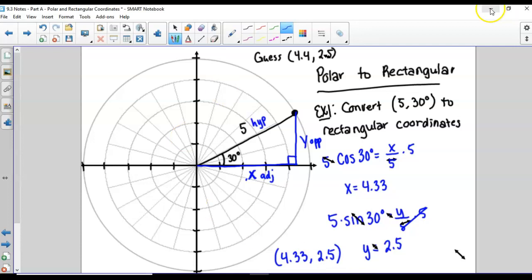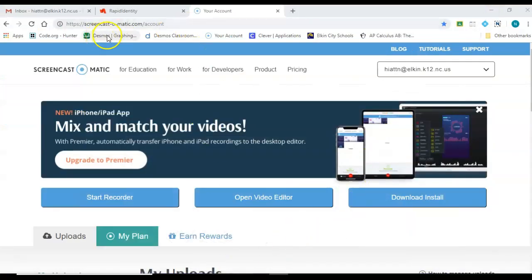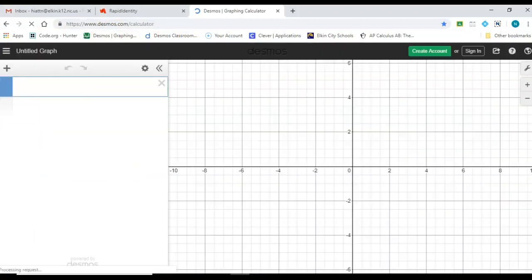On your final exam, you get to use Desmos. You guys had that last year on the Math 3 exam as well. So if you graph 4.33, Desmos will only graph rectangular coordinates. You can't type polar coordinates in, I don't think. Anyway, let's try. Yeah, you can't type them in, but I can type in 4.33, 2.5, and it'll graph that